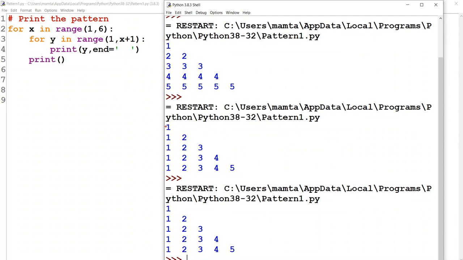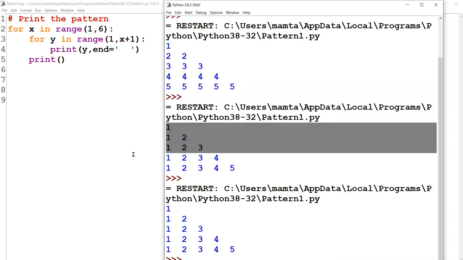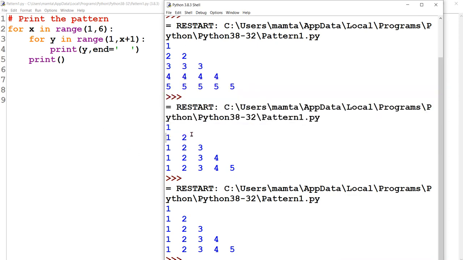Row number 1, this is row number 1. How many columns does row number 1 have? 1. Row number 1, the number of columns is 1.